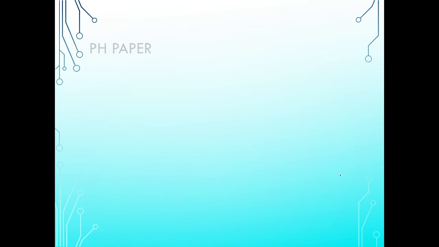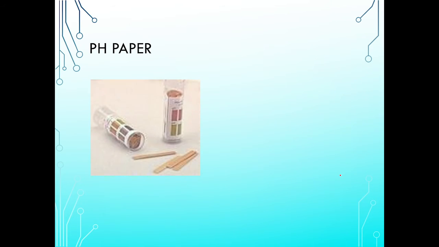So now just checking what pH papers are. See, I have already told you about the universal indicator. What is a universal indicator? It is an indicator which will give the strength of the acid and base, which is just added on the pH paper. So you can find this as the pH paper. This is your pH paper, which I thought of giving you the diagram of.